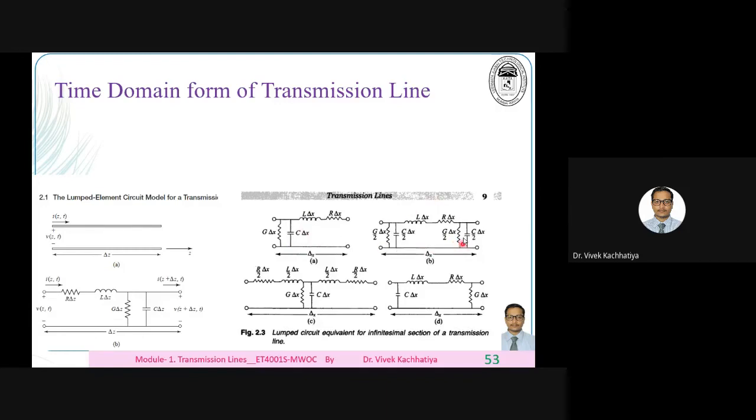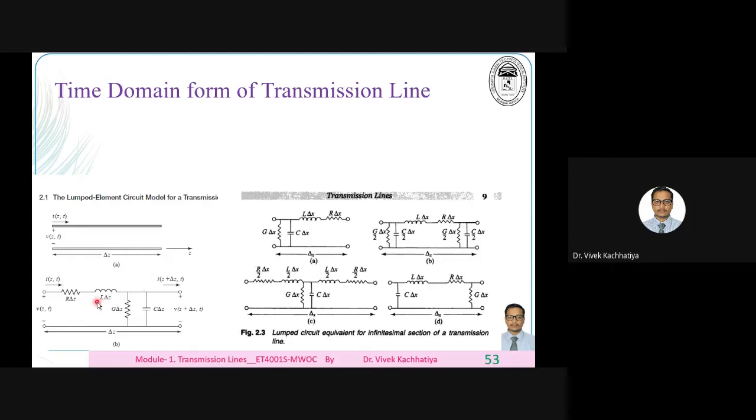Now in this representation, if you look closely, it is equivalent to this. Only this G and C are divided into two and added over here. So capacitance effects are on both sides. This is similar to the earlier one, only we have repeated this particular section in both places and divided it by 2. This is also a closed form where we have considered capacitance on the left-hand side, conductance on the right-hand side, and L and R in the middle.